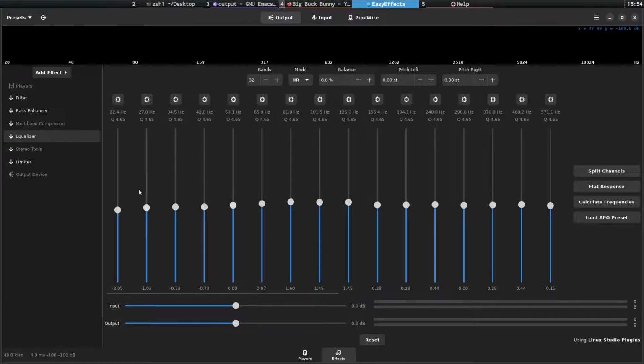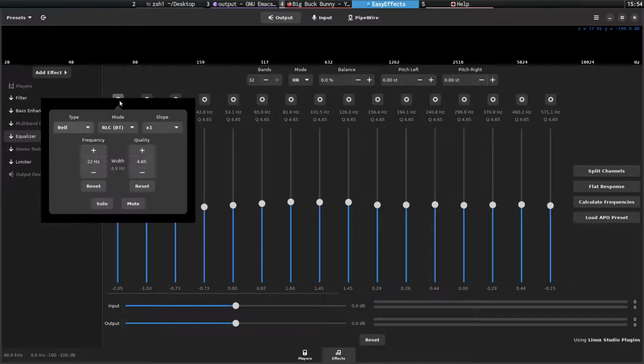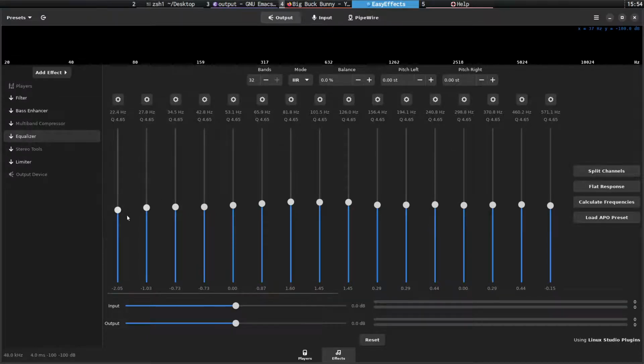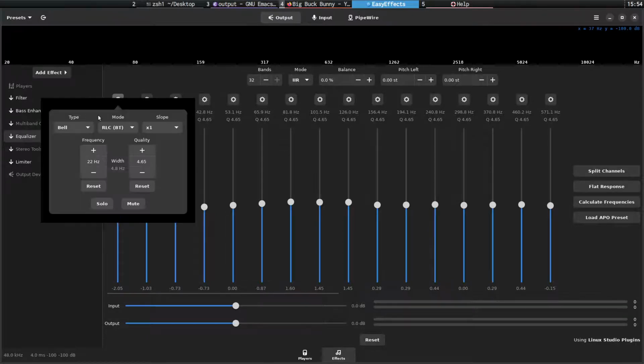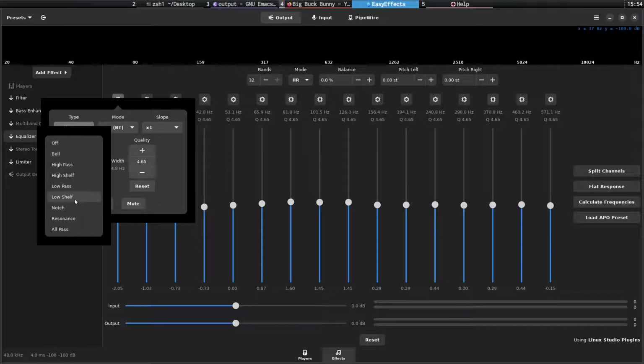It could be a big bell or it could be a narrow notch. So this is where you can actually change this, or it could be just like a cutoff to cut off a range of audio signals. So you can come through and, for instance, go high pass, cut out all the low frequency noise. So this is where you can come through and select the different type of